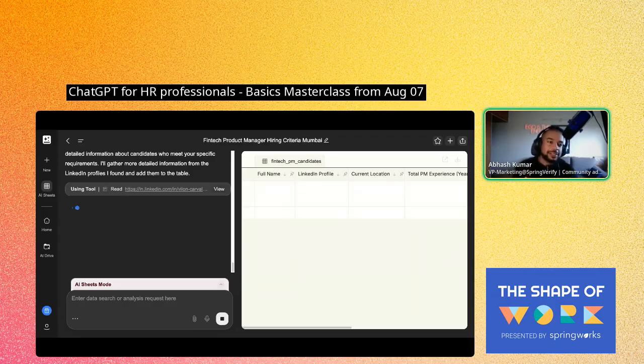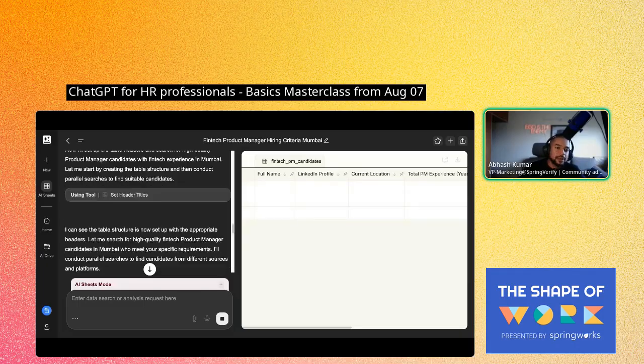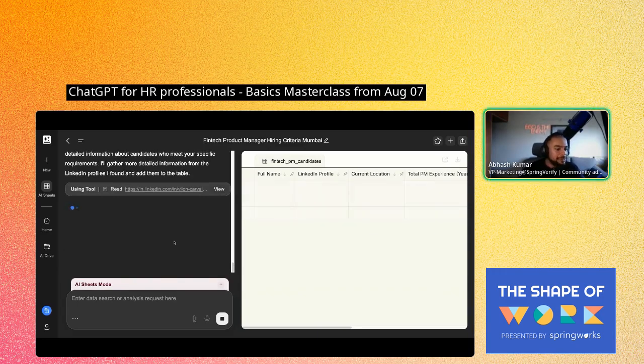Obviously, it is taking a lot of time because unlike 4.0, what did we say? It's not focused on giving you the fastest answer. It is focused on taking the problem statement or the prompt that you have given, dividing it into subtasks, and then reasoning through each of those subtasks. So if you actually want to see what that reasoning looks like, I can show it to you at the end, right? Any public website, Nasser, it can read. If things are available publicly, it will be able to fetch that information for you.